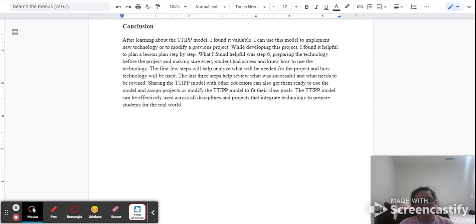My conclusion for this is that I believe the TTIPP model is pretty valuable. It does help teachers plan step by step and prepare them to know what's needed for each step. For example, integrating technology. But that's what I liked about Step 6, that it basically prepares